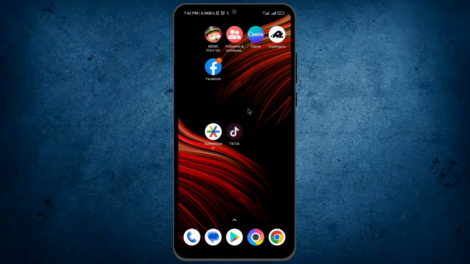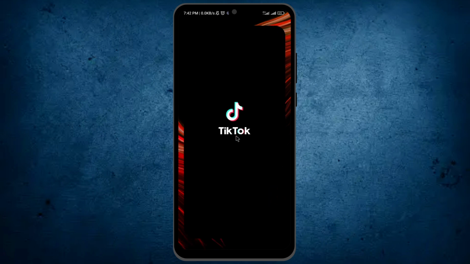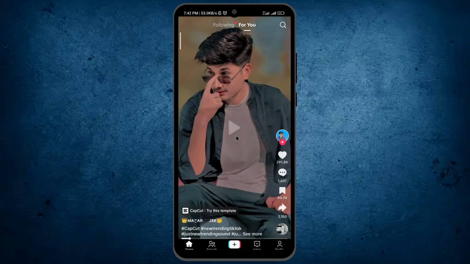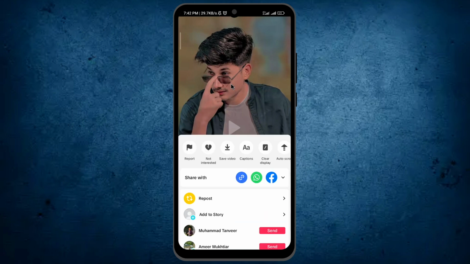So the first thing you have to do is open your TikTok application. After it opens, you don't have to go anywhere and don't need to tap on any icon. The only thing you have to do is tap and hold on your mobile screen just for a few seconds. And after tapping and holding, you can see this pop-up. And in this pop-up, you can see a few options: report,